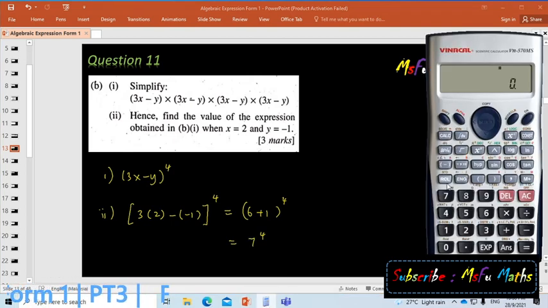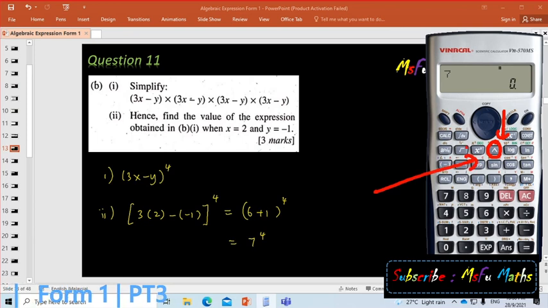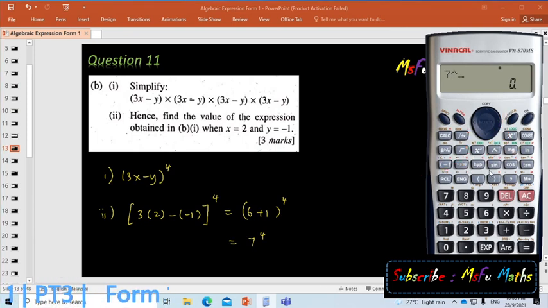We write 7. Do you notice that we have this button here? This one means if you have other than power of 2 or power of 3, if higher power, you can use this button here. That means to the power. So when I press 7 to the power of 4, do you see that? 7 to the power of 4. So you will get here